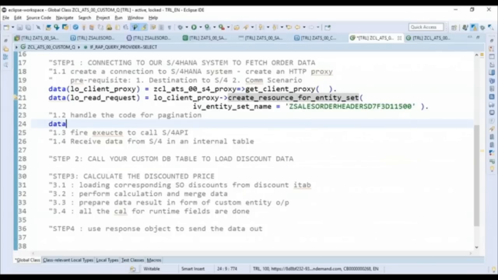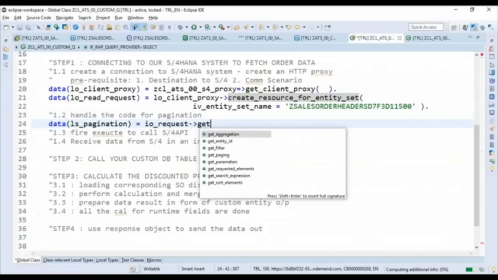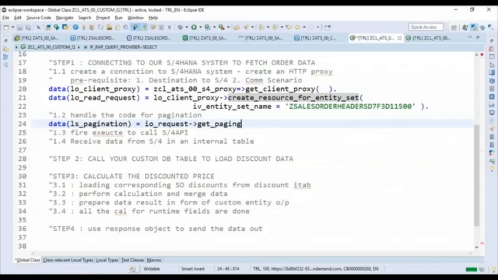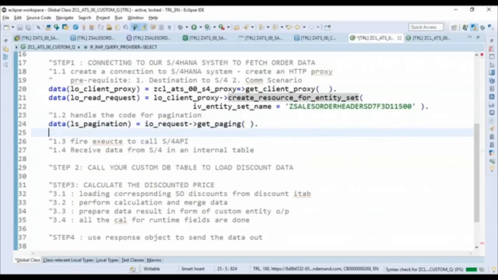So let's get a pagination object, data ls_pagination, like you used to do in ABAP while creating OData services. So you just use io_request, and I'll say get pagination,